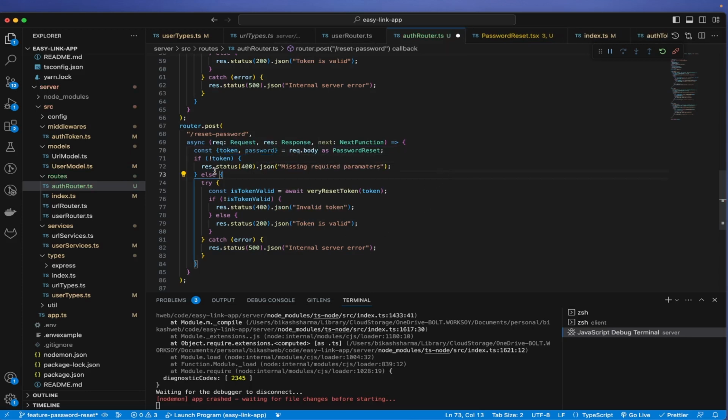All right, so if there is no token or no password, because we need both, then we'll say that, and then it will try to verify it, and if it is not valid it will still send this else. Then here now instead of that we actually need to